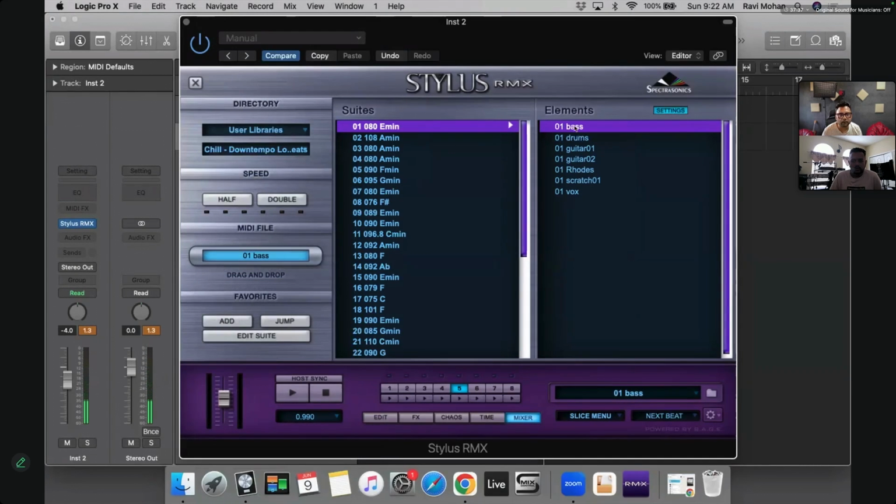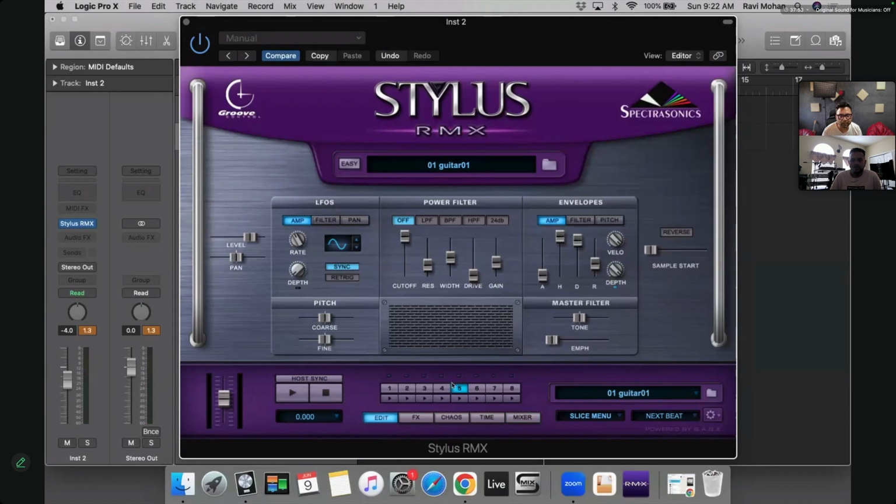Can you adjust the key of the loop? Yes, you can. Let's say you like this thing, but you just don't want to stay in the same key. You go to the edit. Currently, you are in the 5. Let's say you can go by one semitone up and down. You can also do fine tuning of this. It's like magic.